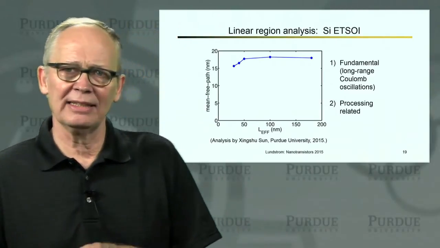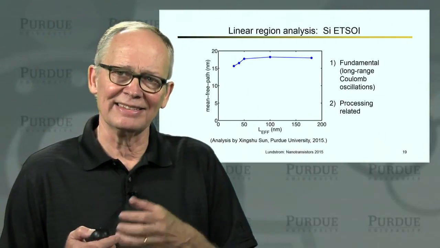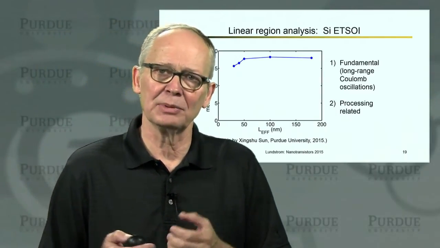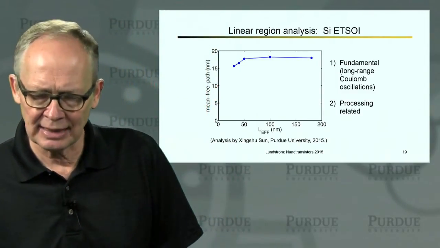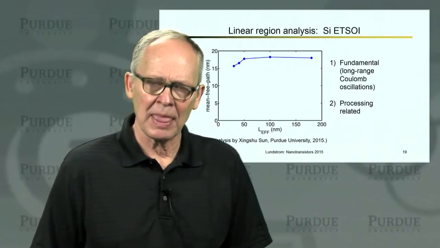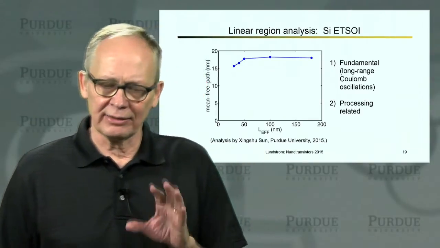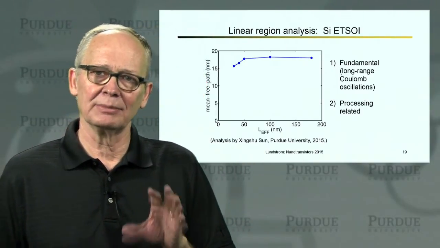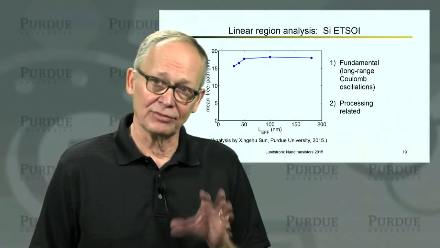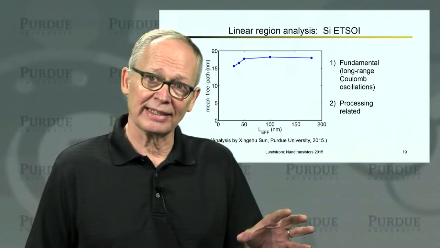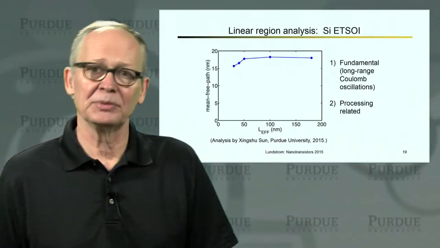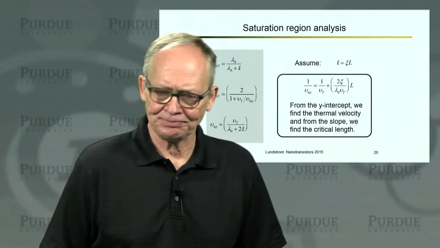Another possibility is that it is related to various details of the processing that introduce more scattering near the edges of the channel that affect the short channel devices more than the longer channel devices. But it's something to be aware of. There is a possibility that the scattering limited mobility is actually different in a very short device than it is in a longer channel device. That wasn't the case in the III-V HEMT, but it seems to be the case in the silicon device.